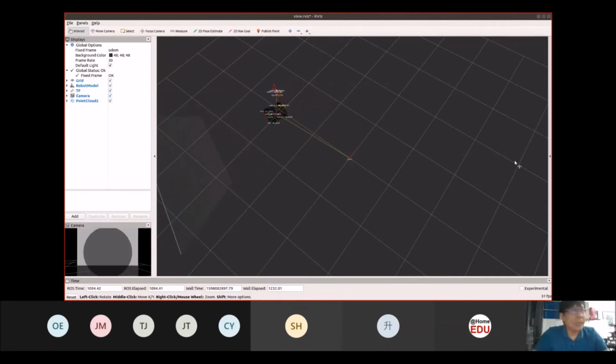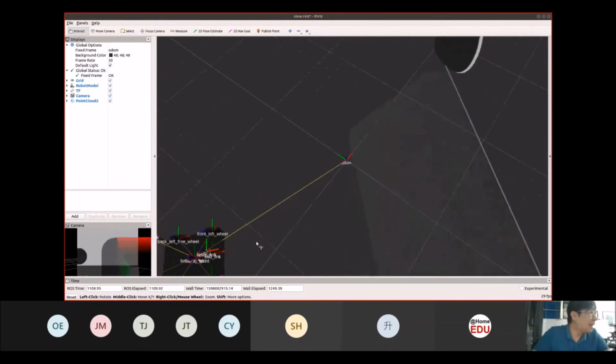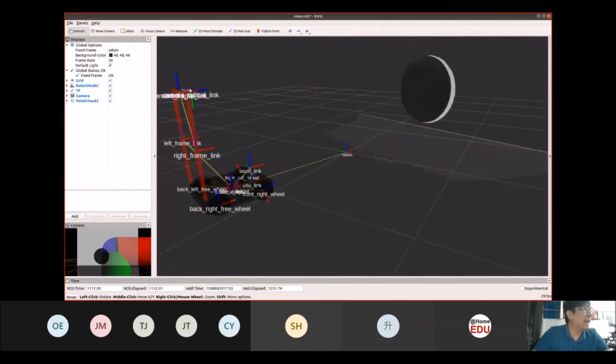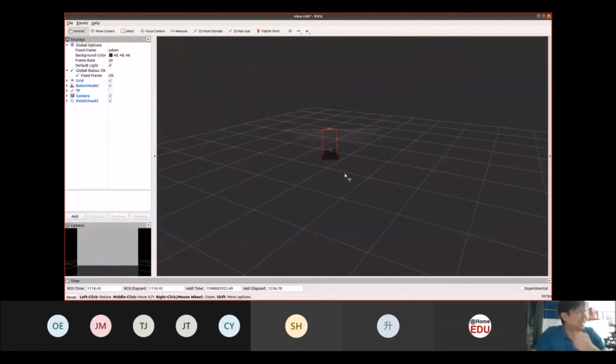But one thing to take note, if you notice on the camera screen over here, there's always something blinking. This is actually due to the simulation issue. If you turn off the TF view in RViz over here, there's a TF link. Once you turn it off, then it will go missing. So it is just due to the view in RViz itself. So with this, you are able to control a robot.